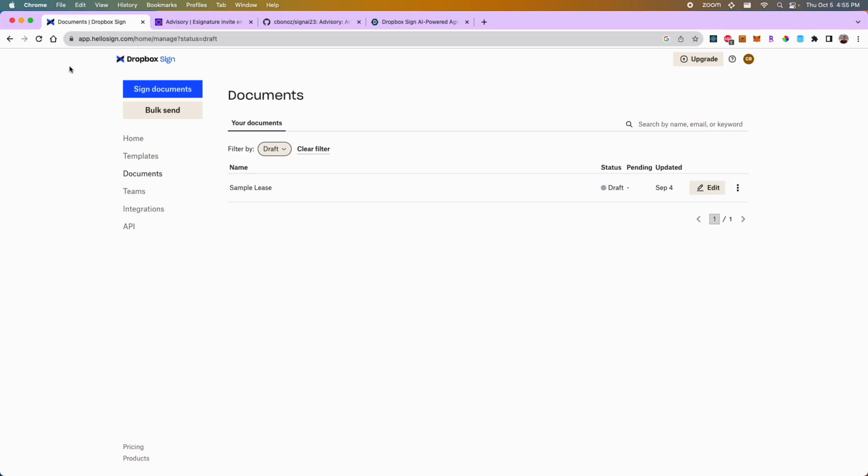Now, many of you might be familiar with the Dropbox Sign interface, which allows you to create and manage e-signature requests. And when you create each new request, typically there's some sort of messaging that you want to include with that request that goes out to the signer. And actually, that messaging can be extremely important. And based on how you word it, it may be the difference between someone signing the document and someone not